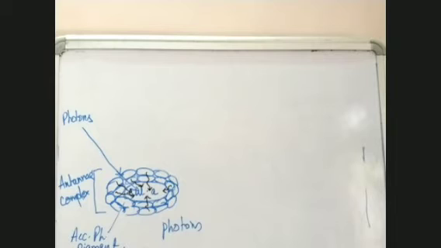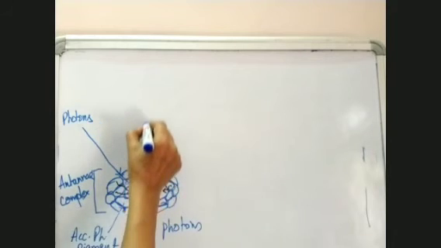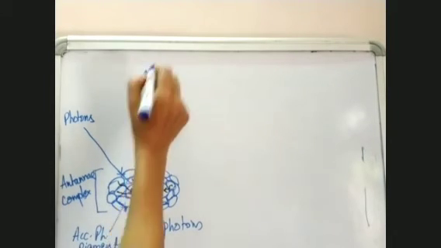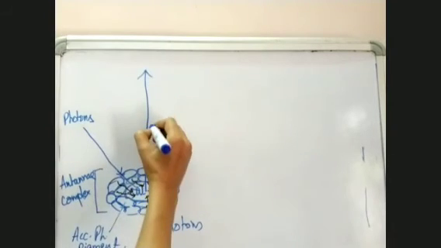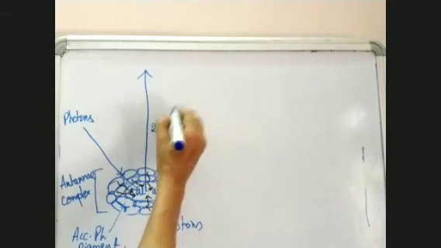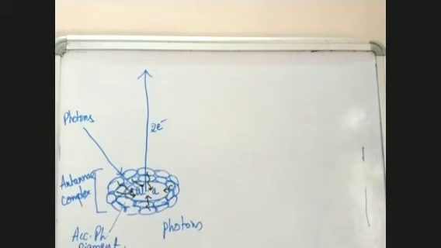Now here, what happens? When this chlorophyll A absorbs a lot of light, then what happens? The electrons which are present in it get excited. A pair of electrons gets excited, and that pair of electrons jumps out of its normal state. So this is the normal energy level. It jumps out, and comes out of its shell.